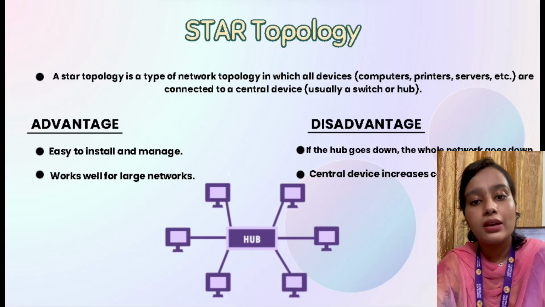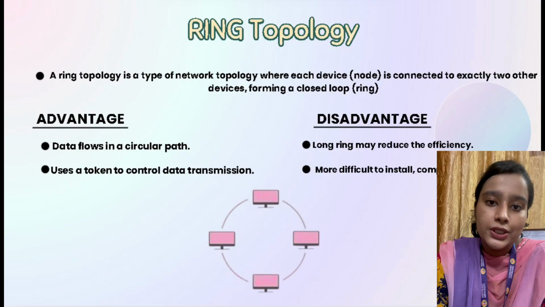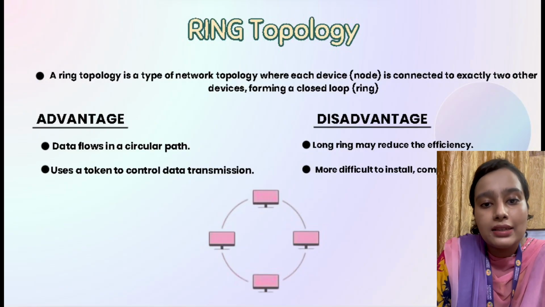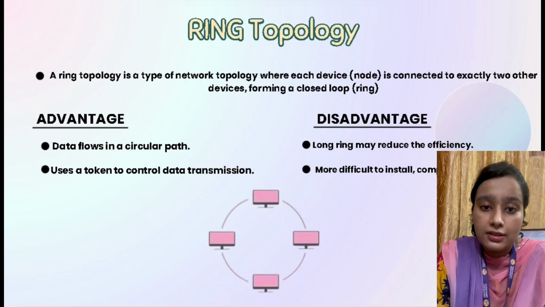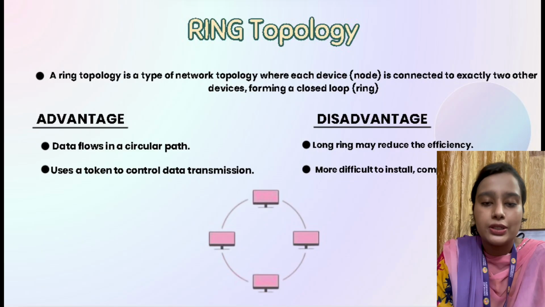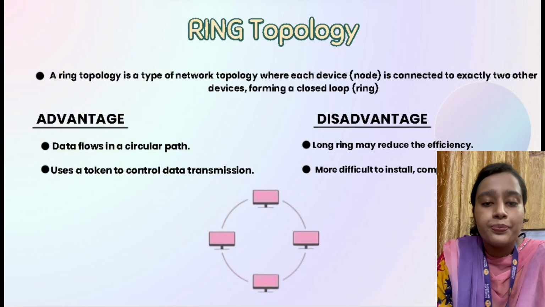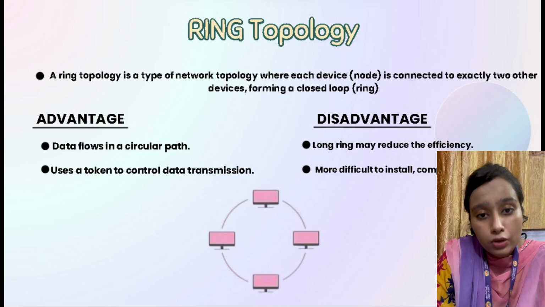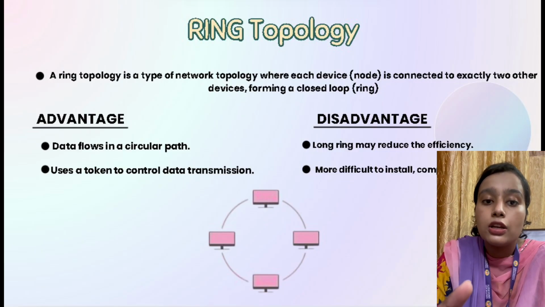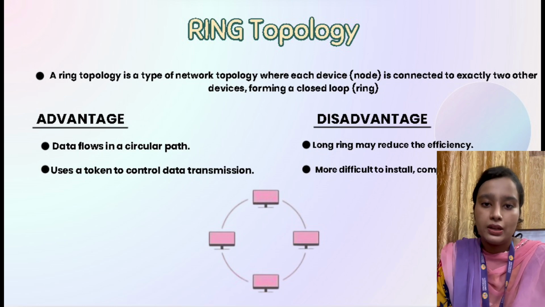I would like to go to my next topology. This is our third topology, which is ring topology. You can see in my slide, it looks like a ring. It has a shape like a ring, right? Because it's a ring topology. So we have to know what ring topology is. Ring topology is a network topology where each device is connected to exactly two devices, forming a loop like a ring,